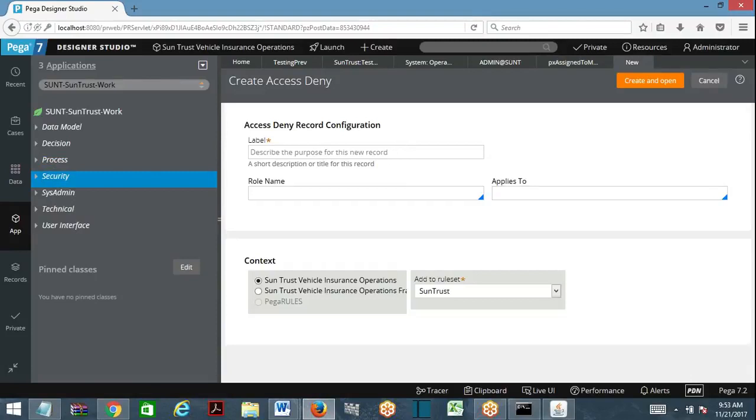Access deny. Okay, before we proceed, you guess and tell me. See this rule form and tell me. Is it similar to any other rule form? So access when, everyone clear? Access when rule is used to allow the execution of the rules in any of the environment whichever satisfies the when condition. What is the purpose of access deny? It will prevent based on what? See, if you want to prevent based on condition, already you have access when, not satisfying, it is preventing. Why do you need access deny?